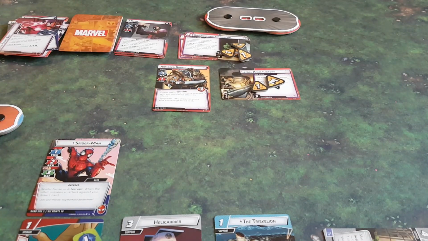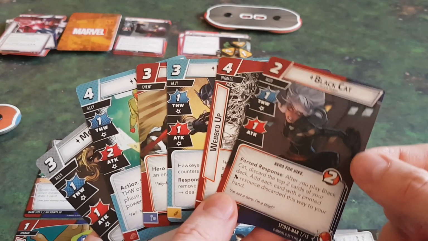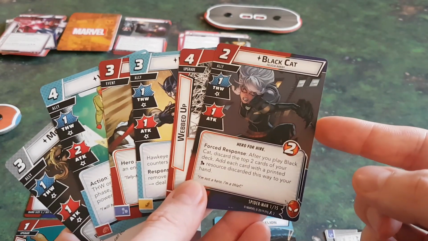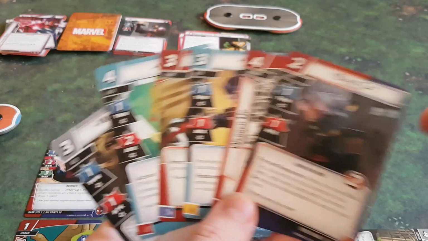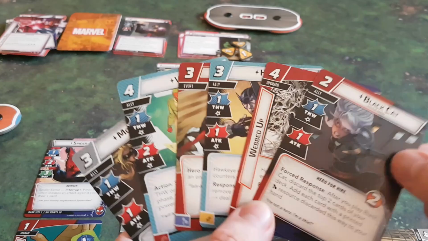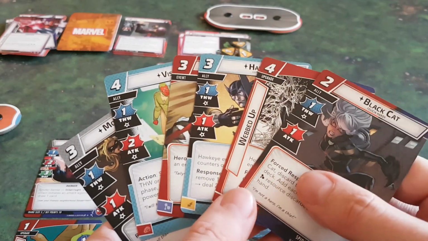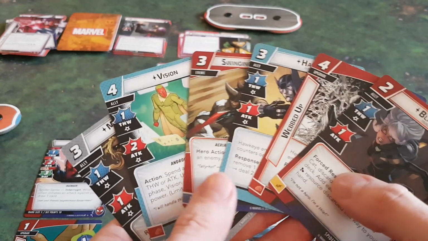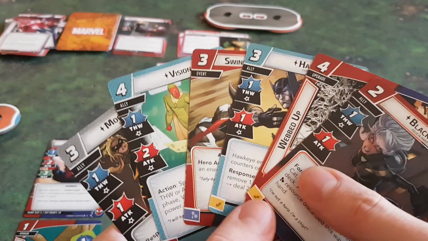Yeah. And we can't draw any more cards. There's just nothing for it. We could do Black Cat. I mean, we discard the top 2 cards of our deck and add each one to our hand that has the science symbol. I'm actually not sure how many of those we have. I'm sure if I was very experienced, I would be like, oh yeah, of course. Okay. I think the best play here is going to be...